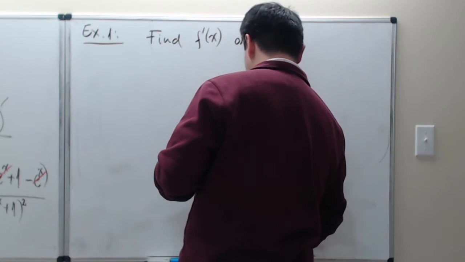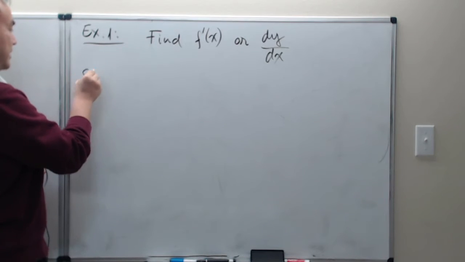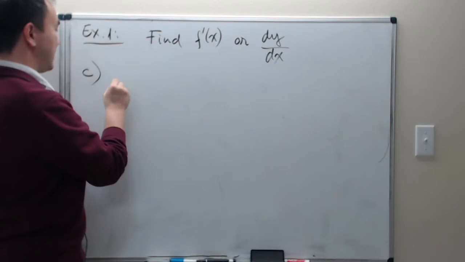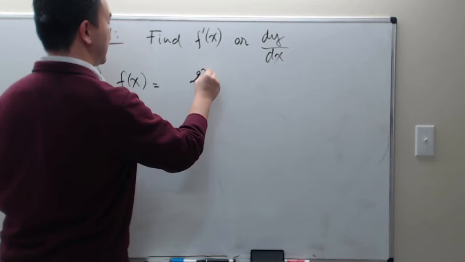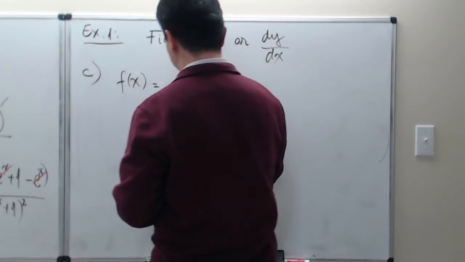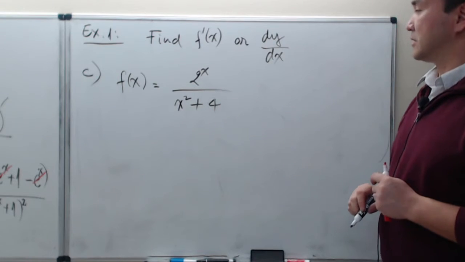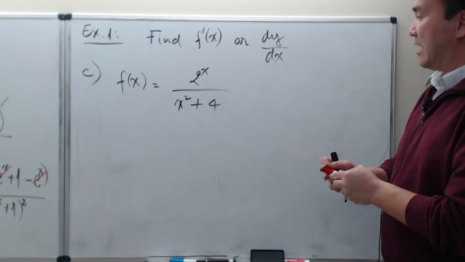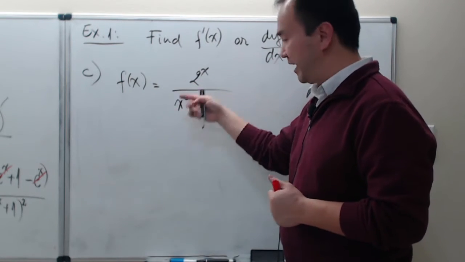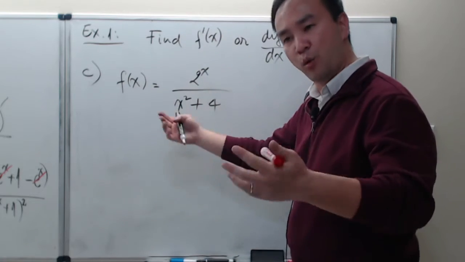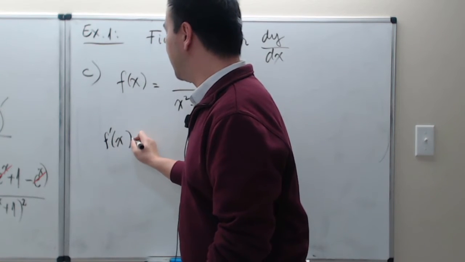And so now part C of our example, we can have f of x be 2 to the x divided by x squared plus 4. Our function here, the entire function, has an exponential and some polynomial involved, and overall it's a quotient. All right, so finding the derivative, f prime, is going to be